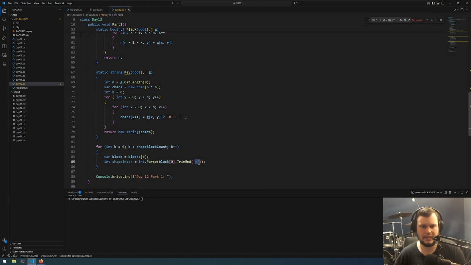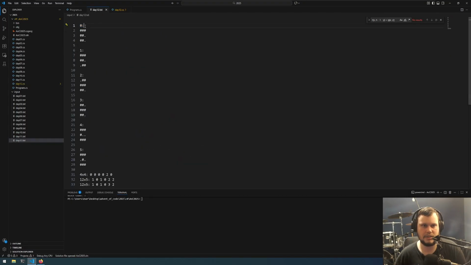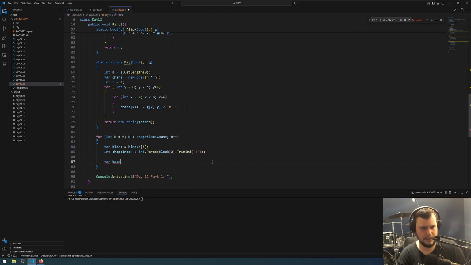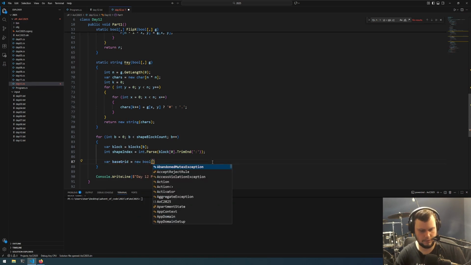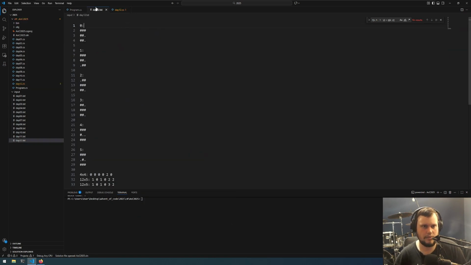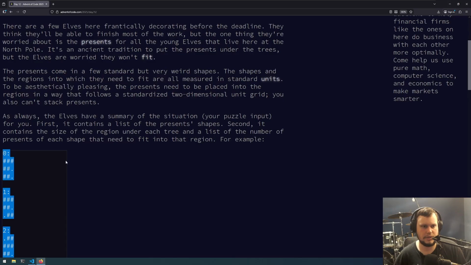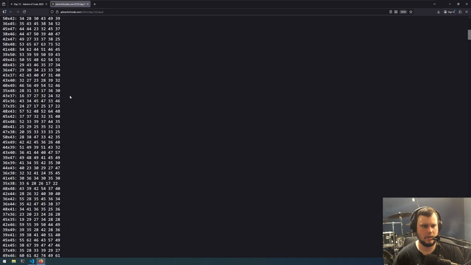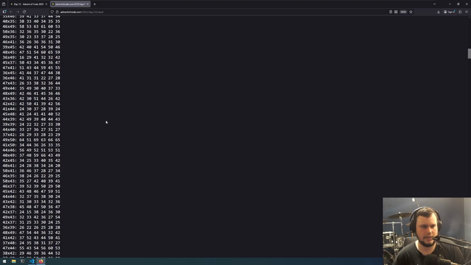So it's just getting rid of the colon, grabbing the remainder, which is the number, and then turning that to an int. So we now got the actual index of the shape. So creating base grid is equal to a new bool of 3, 3. So every shape is 3 by 3. Actually, let's just double check the real input. Okay, yeah, these shapes all appear to be 3 by 3 as well, but there's far more trees than our